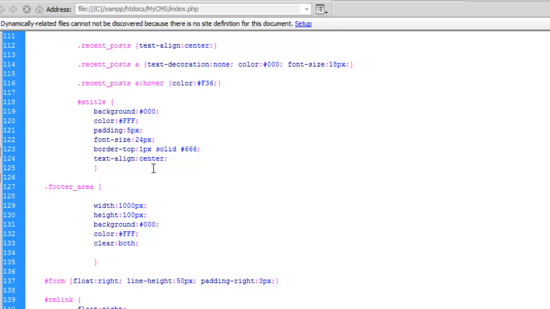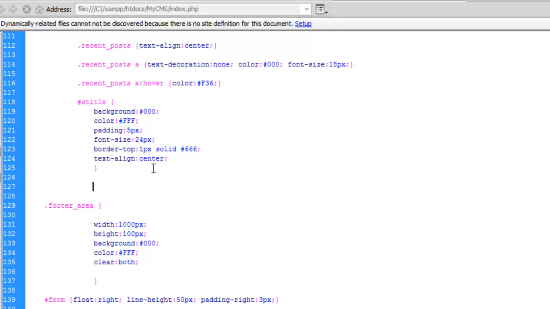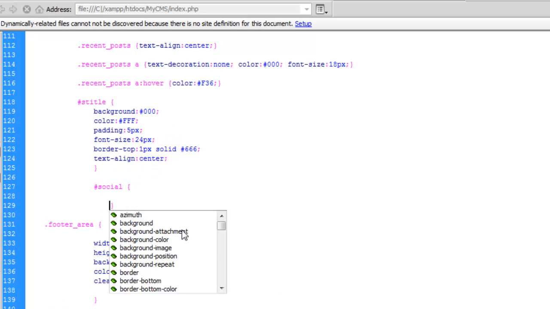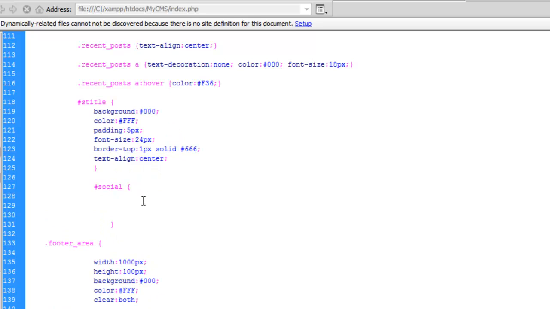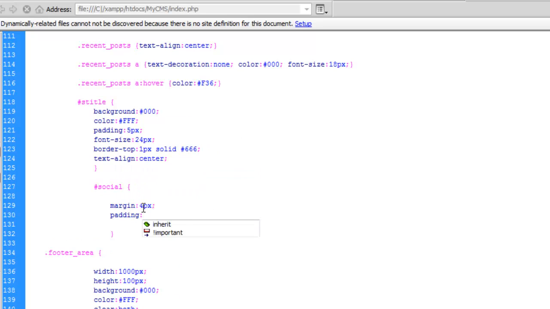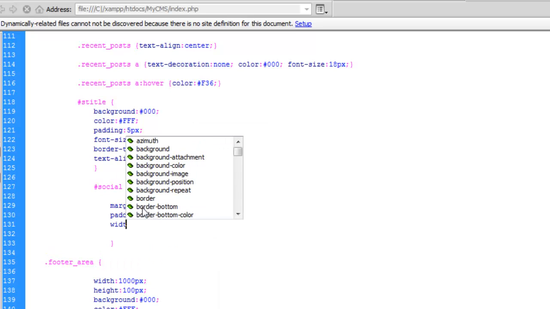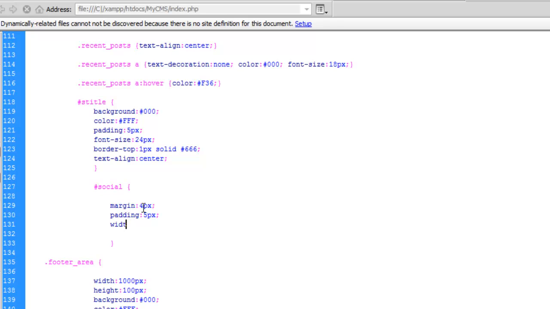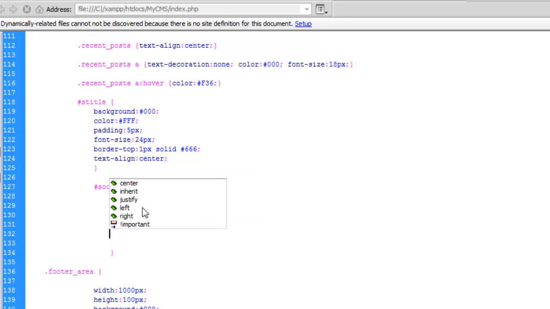We can create that over here just by saying ID social, and add some styles like margin 4 pixels, padding 5 pixels, and width, text align center,